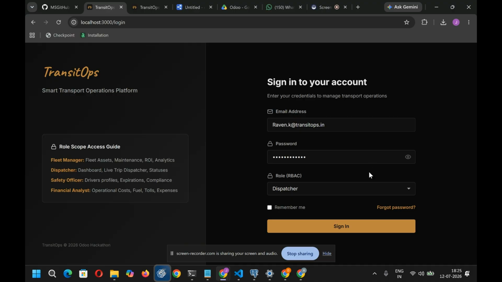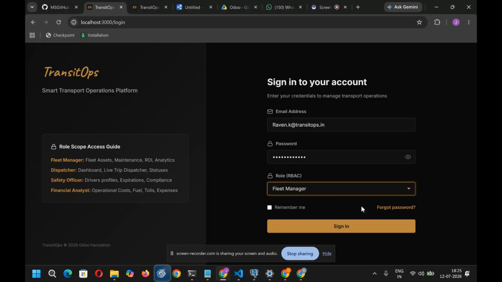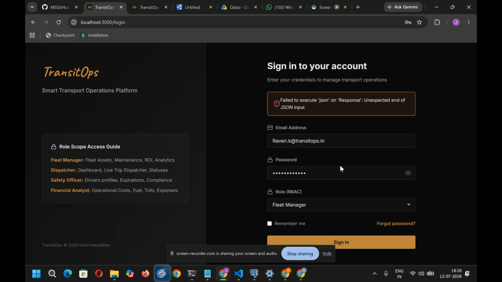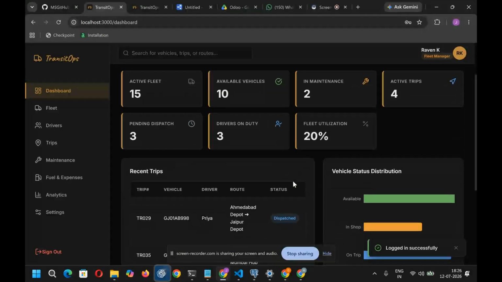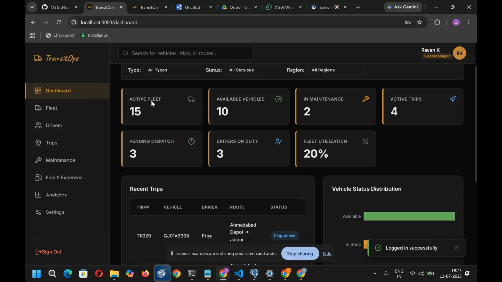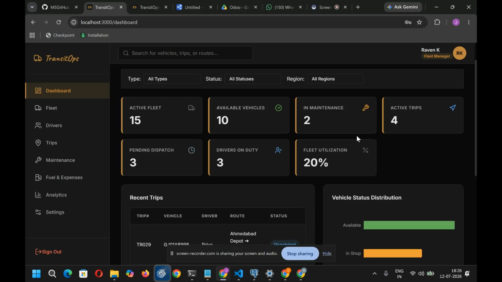Now let's start with login. We have given different roles: fleet manager, dispatcher, safety officer, and financial analyst. Different roles have different permissions. As I'm logging into this system, okay, now you can see the active fleet, available vehicles, also those vehicles which are in maintenance and those